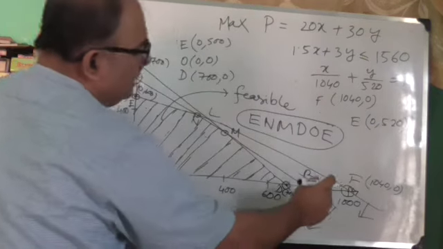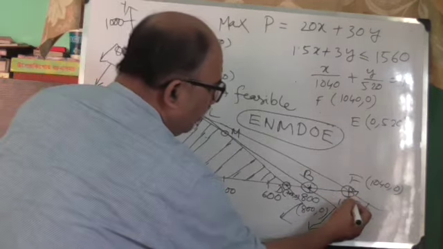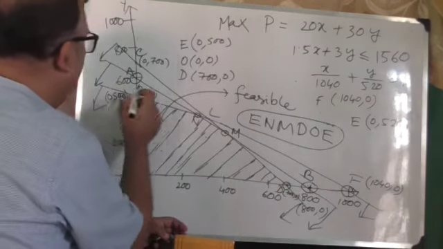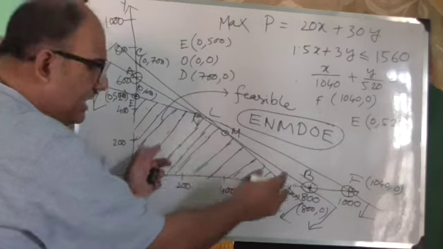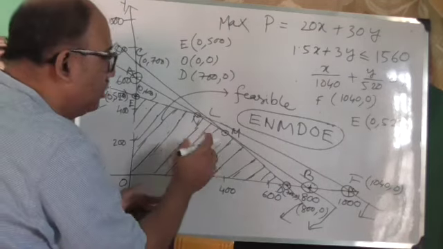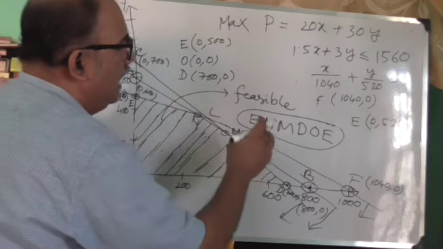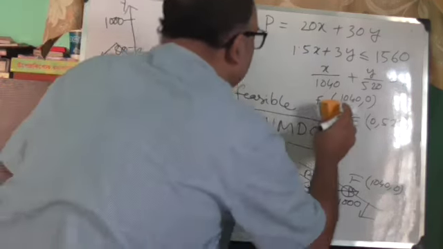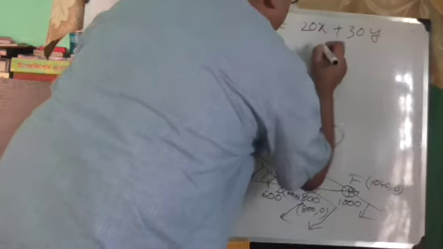So I'm just changing the data a little bit, more or less; 1000 and 1040 are similar, near about. I'm changing the data a little bit to make the graph work like this, so that M and N are two separate points. In that case, if you solve the equations, solving AB and CD,